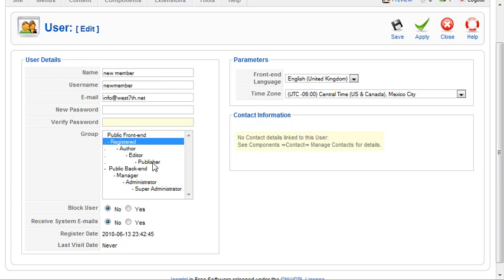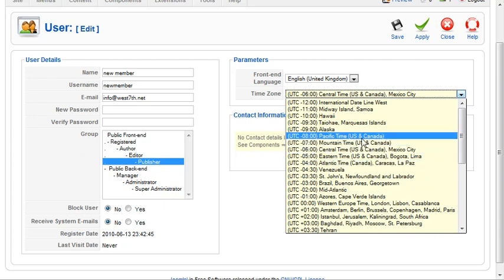So if you've got a publisher and editor that you feel needs to be receiving content when it comes in, and what that means by system emails is that, let's say for instance you have an author who submits a piece of content, or somebody else submits a piece of content or a link, whoever receives system emails will be notified that a piece of content was submitted. So you may have publishers or editors, specifically publishers, that you may want to notify of those system emails as they come in. You can assign the front-end language, and you can assign the